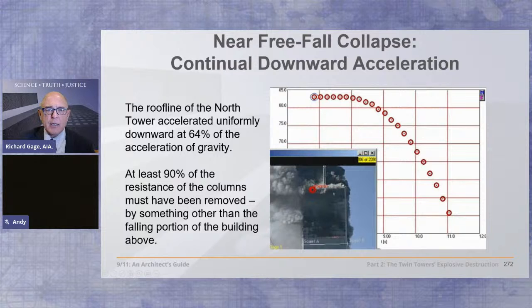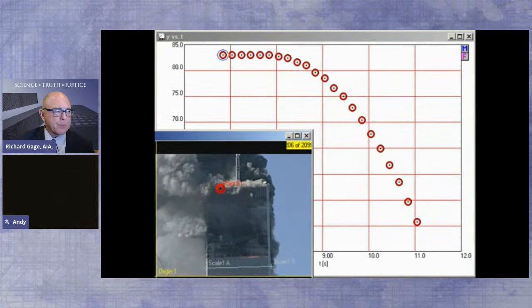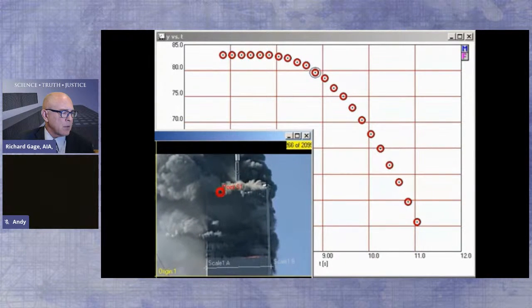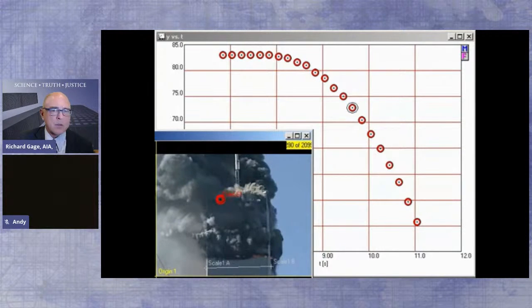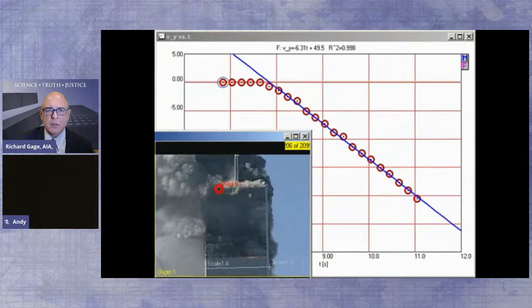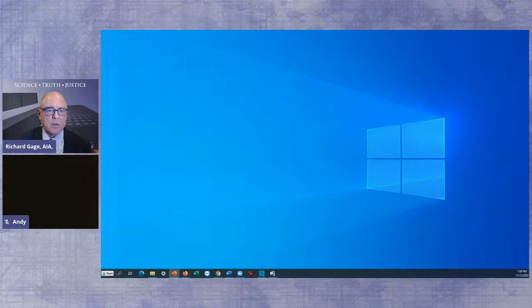Let's go back to David Chandler, physics teacher. We are here tracking the motion of the roofline at 0.2 second intervals through approximately 32 meters, or 8 stories. This graph shows the height of the roofline as a function of time. The analysis is simpler if we plot velocity as a function of time. On this kind of a graph, a straight line indicates constant acceleration. First note that there is a sudden onset of collapse, as the point we are tracking makes a sudden transition from being at rest to an approximately constant